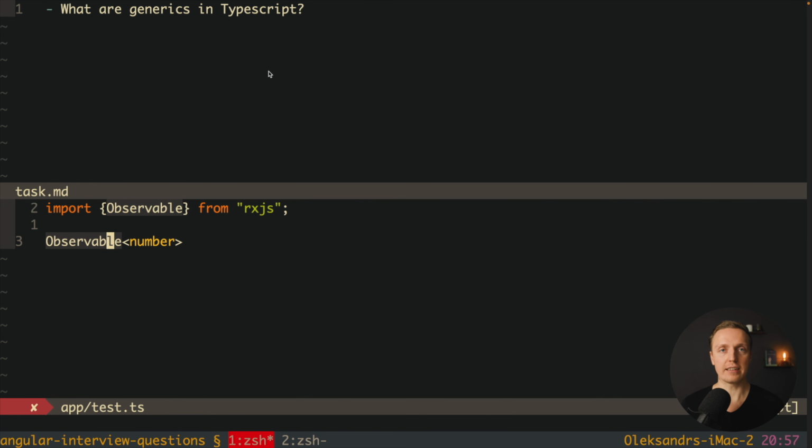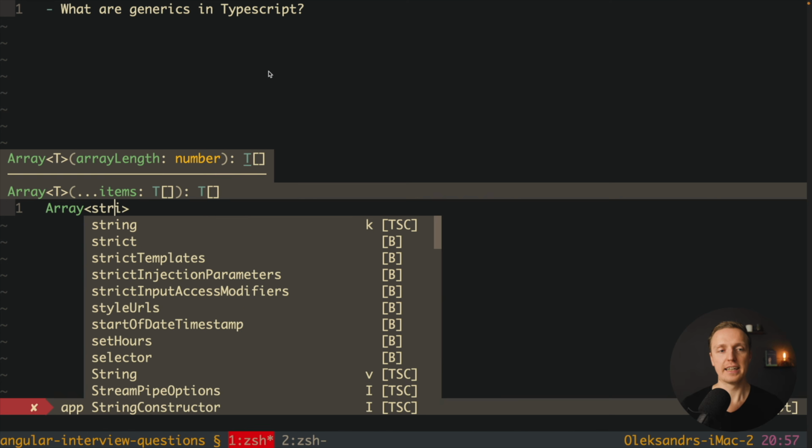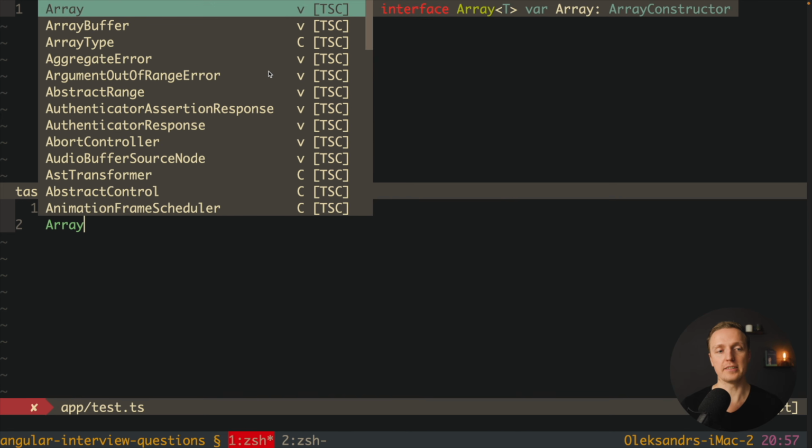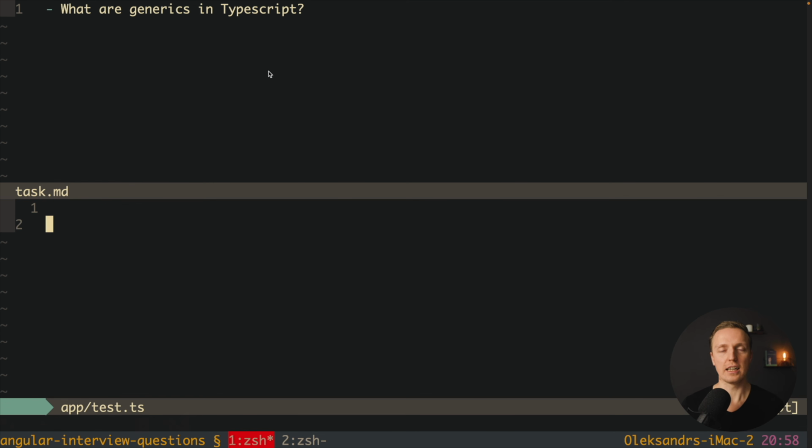So why are generics so valuable? They allow us not to duplicate code a lot, but just create something reusable which can accept different data types. Just imagine the previous example without generics. We're defining here an array of strings, then in the next case we're defining an array of numbers, then we have an array of some interface. It is not reusable. In this case with generics we can reuse just a single thing for any data type.